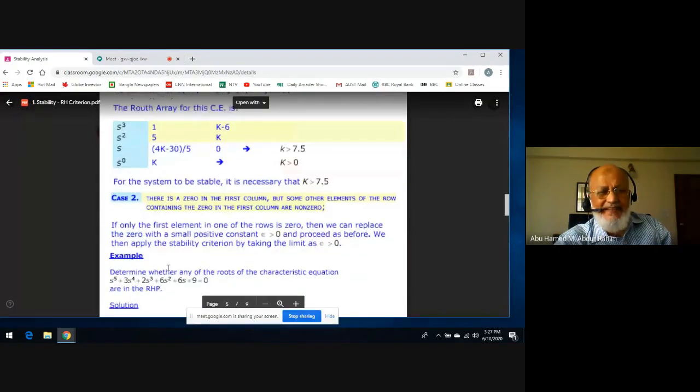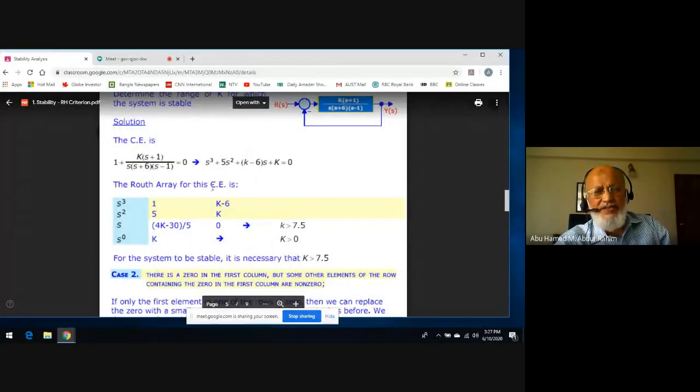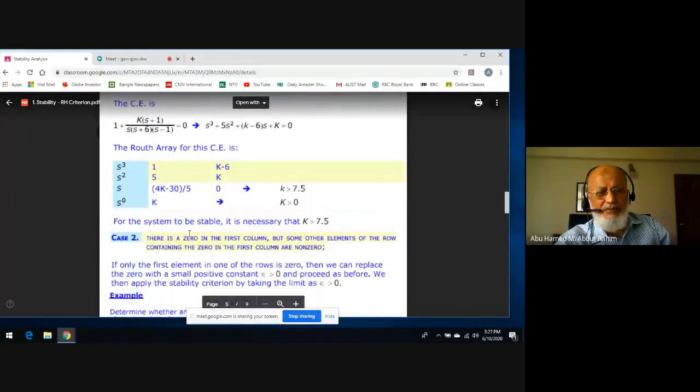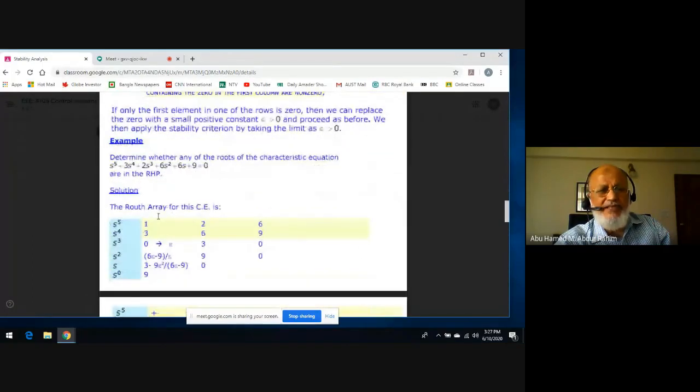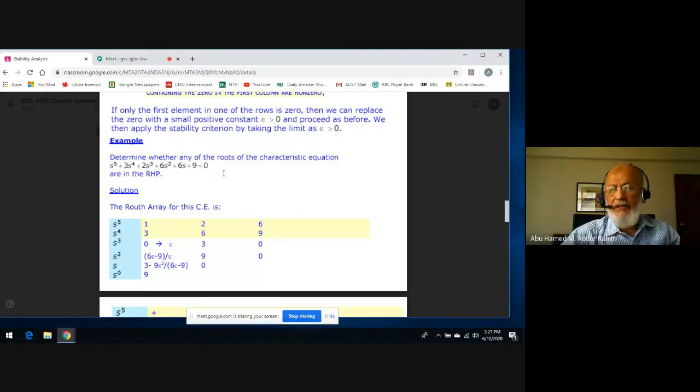There are a few things written here and there. We'll go for another example. We have several theories coming here and there, but we will not talk about them. We simply go to solve some examples, and out of that, we learn some special cases. So if you are ready, then we go to the next example. Take a look at the example. You are given the characteristic equation. This one is the characteristic equation.